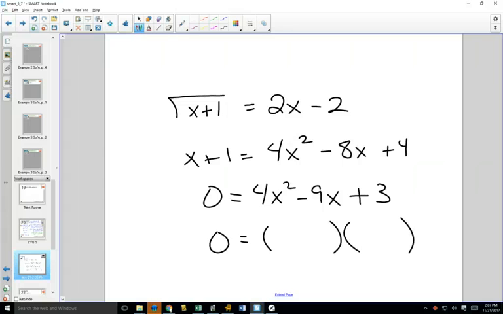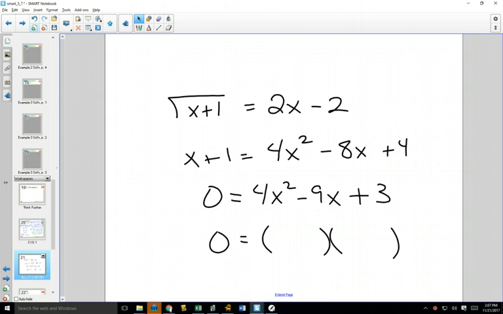If I did everything right, this should factor nicely. x minus 3, 4x minus 1. No, that doesn't work out nice, does it? No, I made it so it didn't work out to nice numbers again. Anyways, sorry, I'm trying to think off the top of my head to have nice numbers, and I screwed up twice in a row. But if you would get nice numbers and you'd factor it, sometimes you will get an